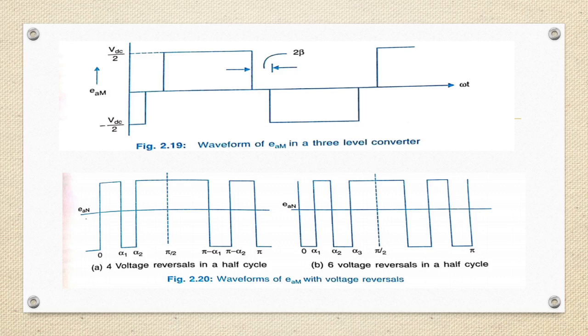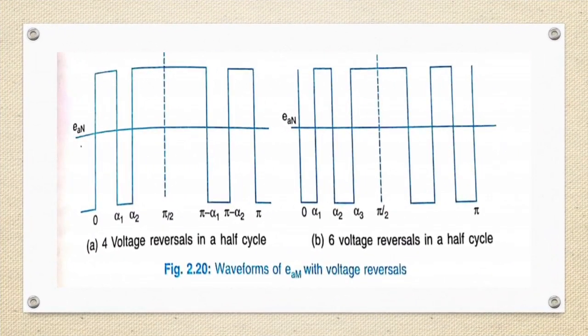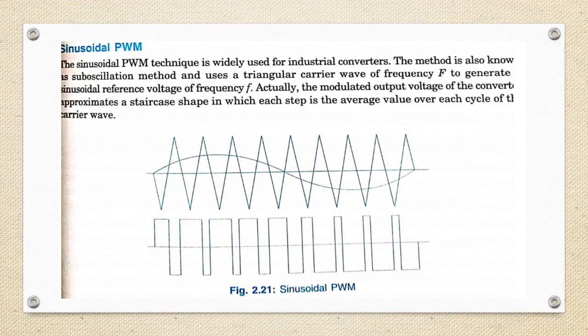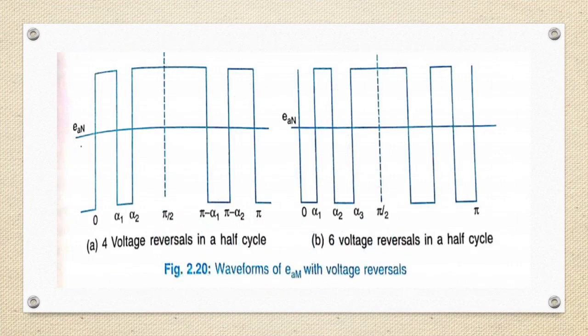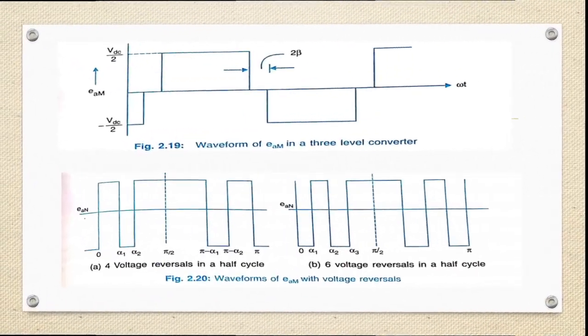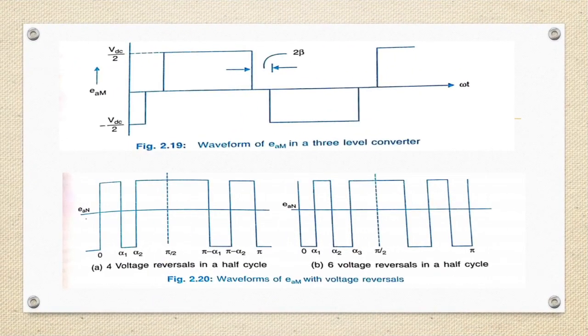So next, let us see selective harmonic elimination. This is also termed the optimized PWM technique. By reversing the phase voltages a few times during each half cycle, it is possible to eliminate low order harmonics selectively. However, high order harmonics may increase in magnitude, but current harmonics are not significantly affected due to the low pass filter characteristics of the AC system.